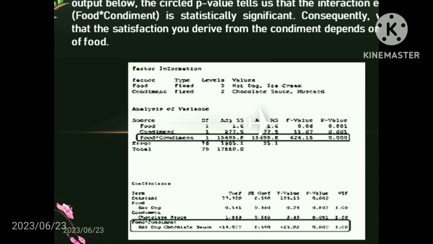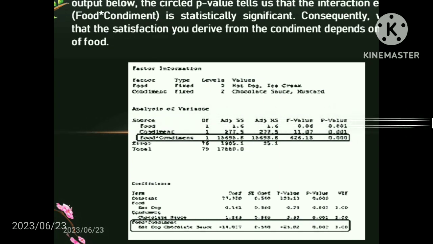F value, that is 0.06. P value, that is 0.801. In our condiment, the degree of freedom is 1. Our adjusted sums of squares is 277.5, same with the adjusted means of squares. Our F value is 11.07. Our P value